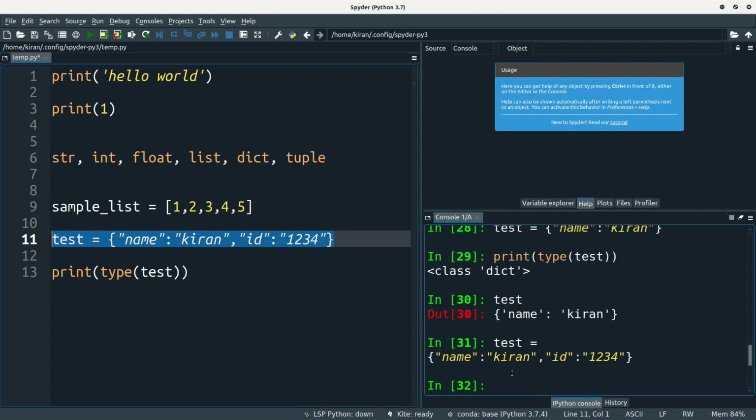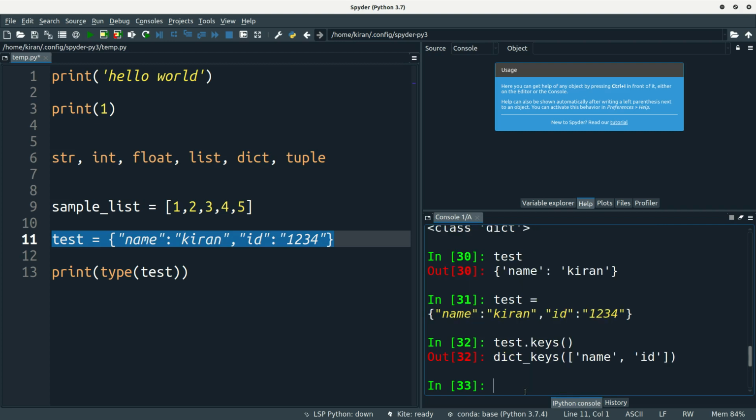Let me run this one. Here we have two keys, ID and name, and two values. I just want to know how many keys are there in the dictionary. So you can directly type test dot keys. Here you can see name is one key and ID is another key.